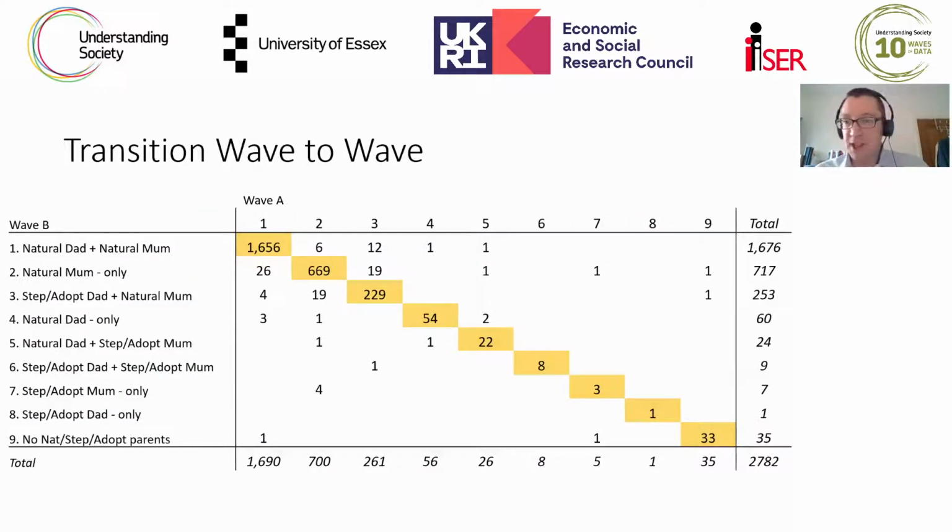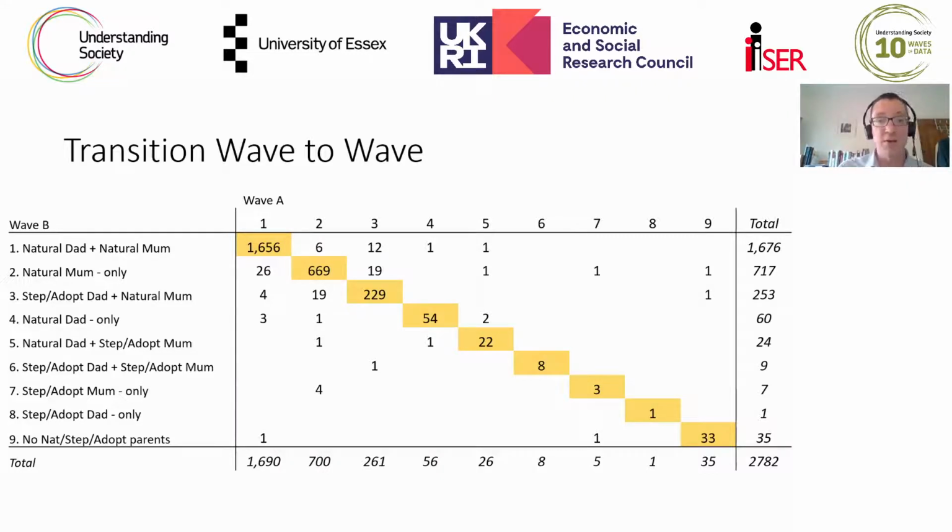And just as an illustration, using our 9-category typology, what I've just shown you here is a transition table between waves A and B. We've repeated this for every section of the waves that we've looked at, through A to F, but I'll just give you the illustration here. On the diagonal, what you can see is a pattern of stability, essentially. And unusually for me, I've reported raw frequencies here so that we actually get a chance to see the kind of numbers in the data set.